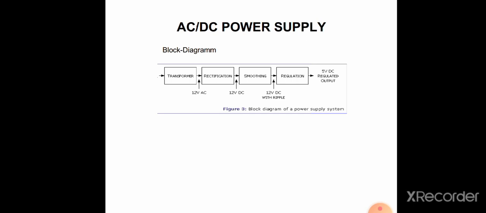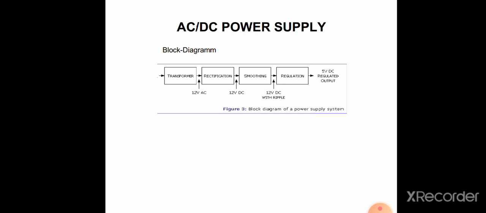So here in the block diagram, the 12 volt AC is stepped down with the help of the transformer, and that AC voltage is given to the rectifier. Now rectification means we have seen the different types of rectifier circuits, that is half wave, full wave center tap, and after that the bridge rectifiers. So the rectifier is used to produce pulsating DC from your AC voltage, right? All of you know how rectification is done.